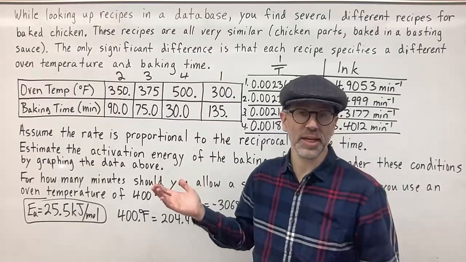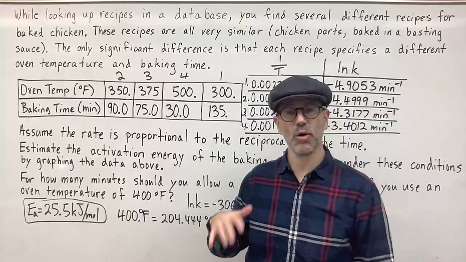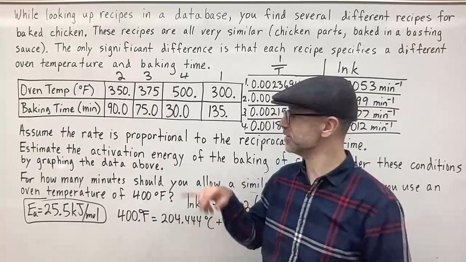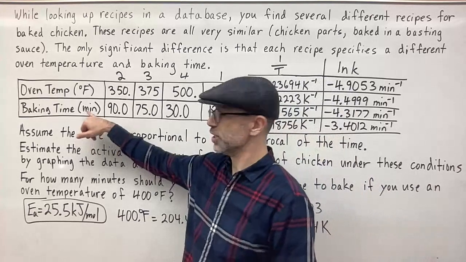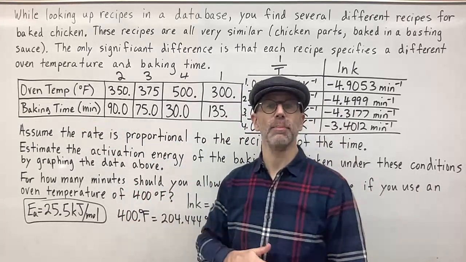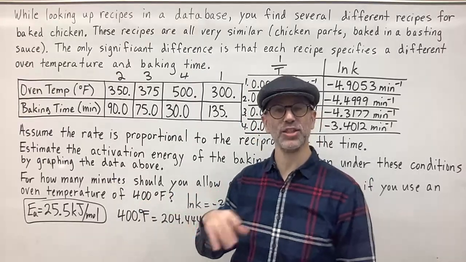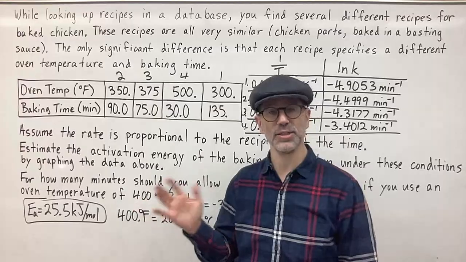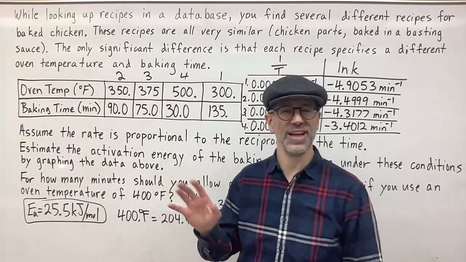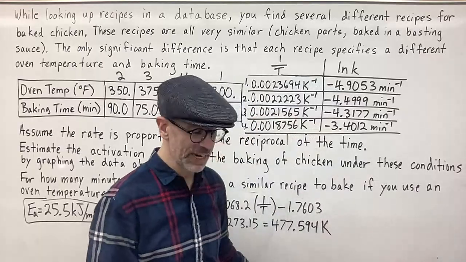You could do the same thing with seconds, right? A lot of times rate constants will be in per second. So what you could do is convert minutes to seconds, take that extra step, and then plot the data with regard to ln of k in terms of seconds. You don't have to do that. That's an extra step. And I did it that way as well as minutes,